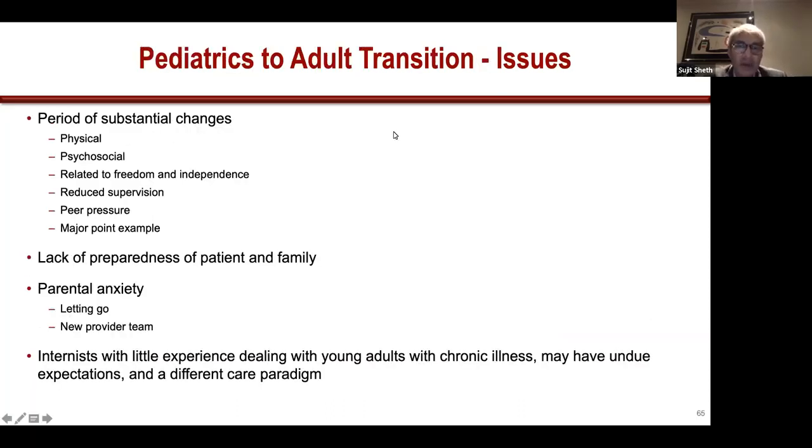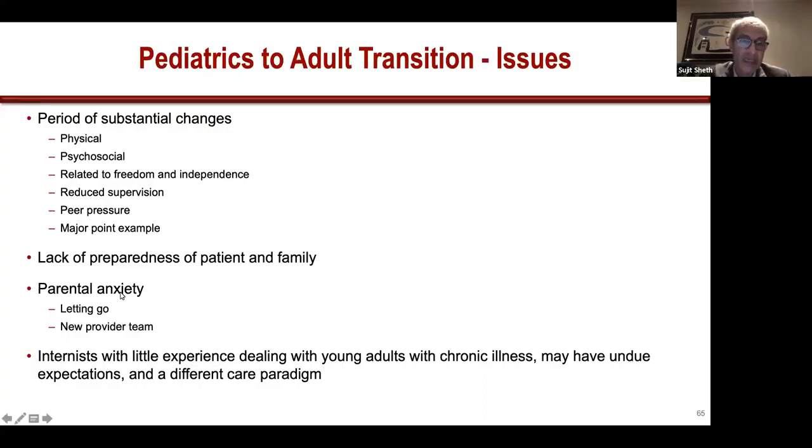And finally, I'll just spend 1 minute talking about transition. As we know, the transition from pediatric care to adult care has substantial challenges, primarily because you have a whole bunch of things happening at that time. There are changes in the patient, physical, psychosocial, reduced supervision, peer pressure. The family and the patient may both not be prepared for this. You have a relationship with your pediatric hematologist for 20 years, and then you have to move on. That requires